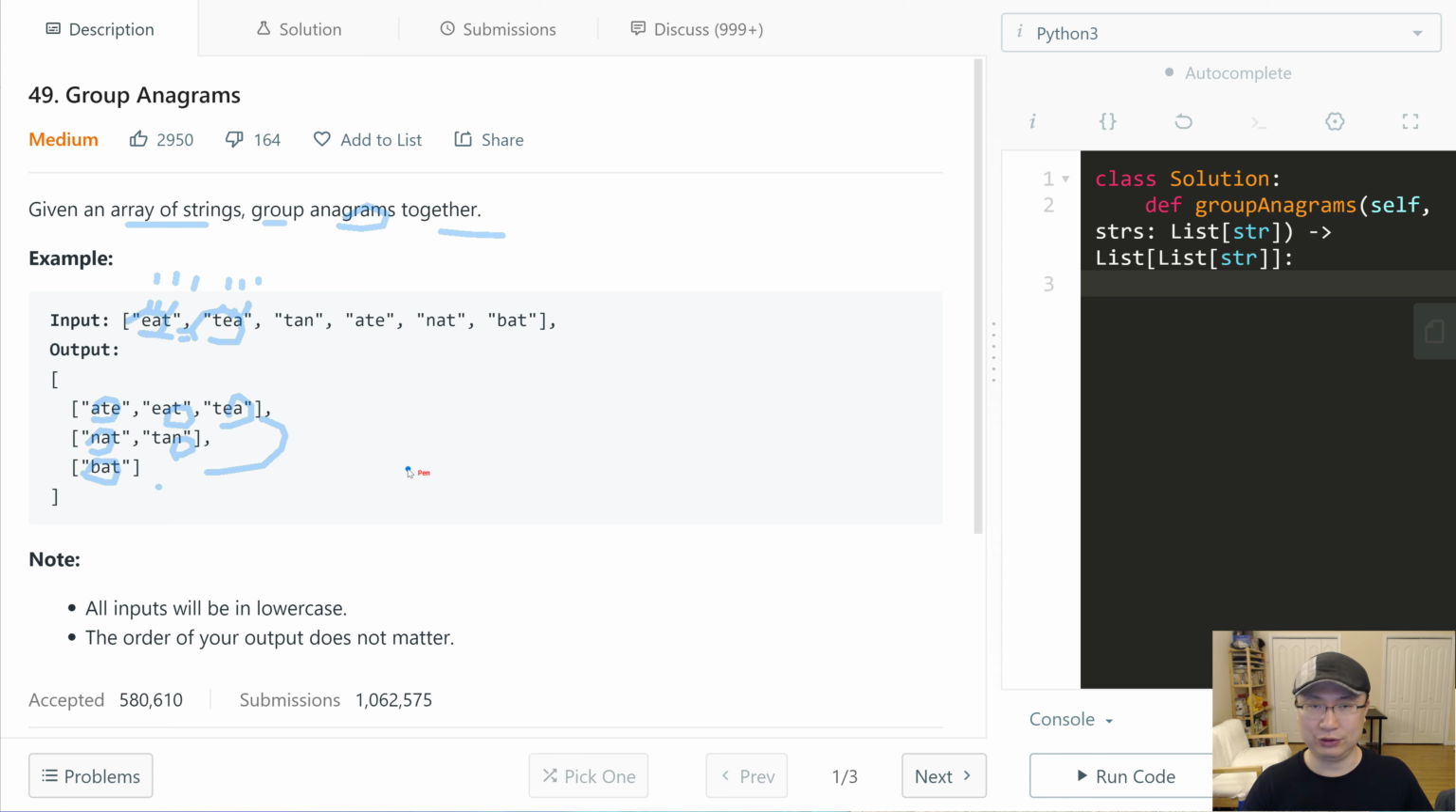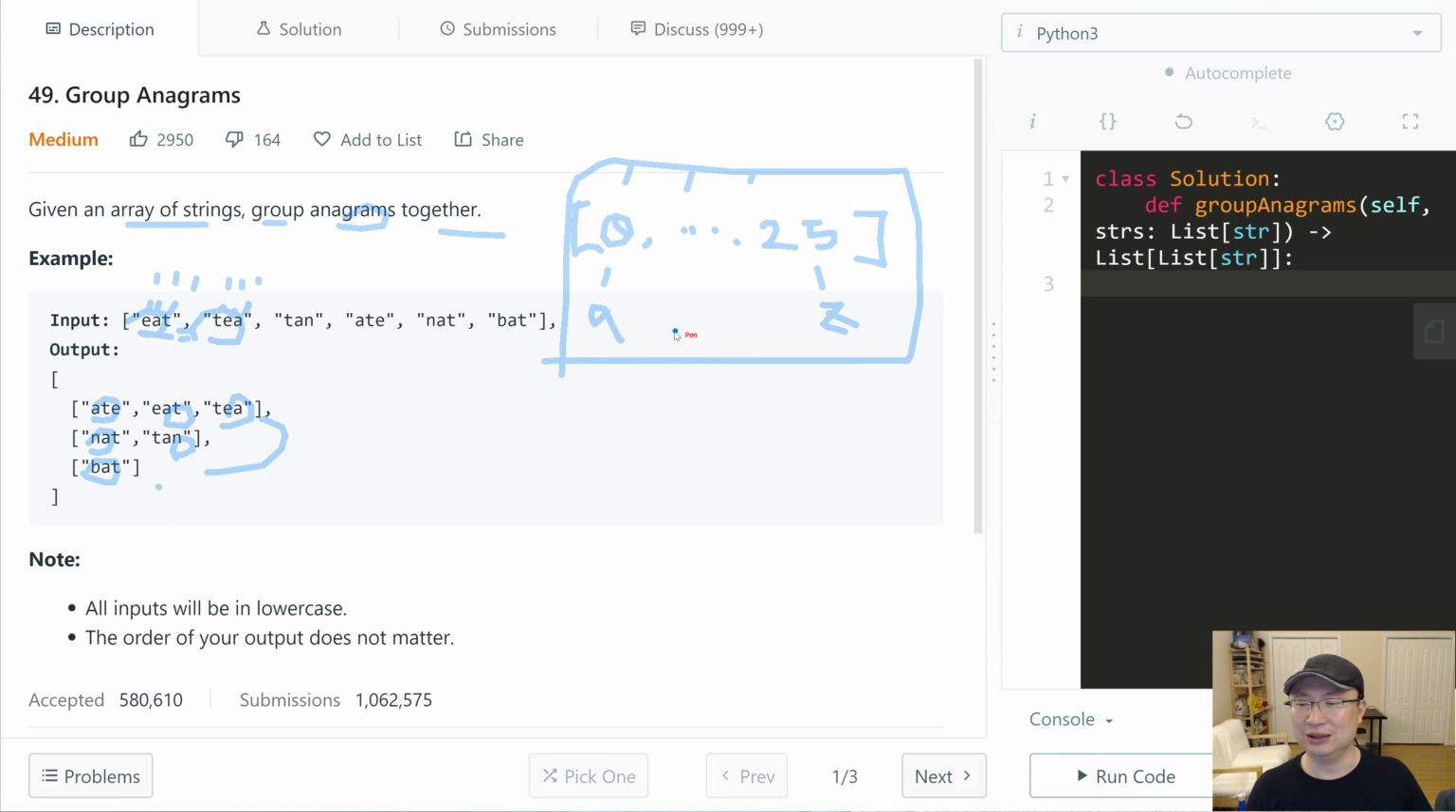How can we solve the question? There are maybe three ways to implement it. First is using a list. We make 26 items in the list, from index 0 to index 25. Index 0 represents the frequency of A, and index 25 represents the frequency of Z. So EAT means E1, A1, T1. So we can compare this one with another